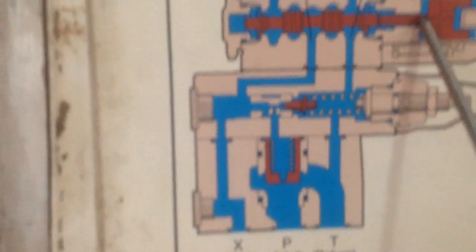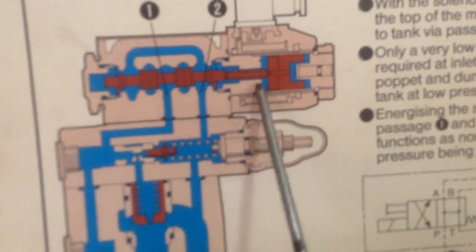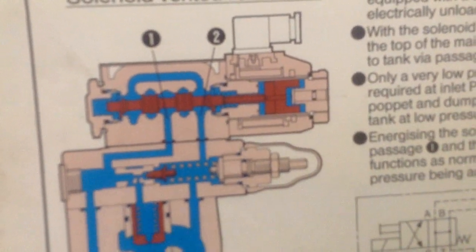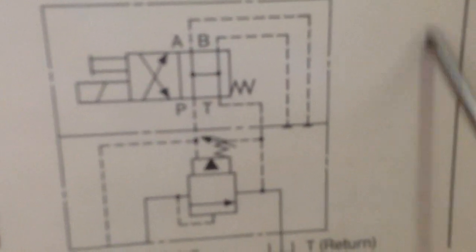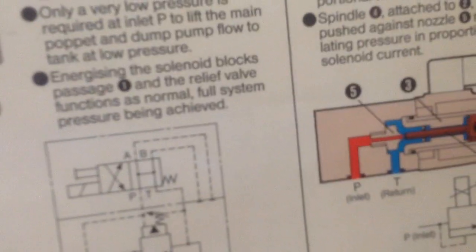Energizing the solenoid blocks passage 1, and the relief valve functions as normal, full system pressure being achieved. This is the schematic diagram of the solenoid vented relief valve. Now we will explain to you